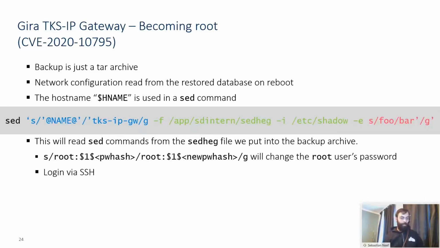And then we had the additional parameter -i/etc/shadow. So you can tell sed to not only replace the contents that it matches in the file path, and then output the changed information on standard out, but you can tell it, okay, do an inline replacement, or in-file replacement, so it reads this file, replaces it, and writes it back. So this is what we did with -i, and we told it to replace contents in the etc shadow. And then we had -e for additional regular expressions, I believe.